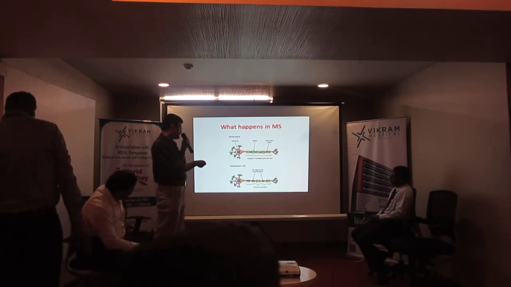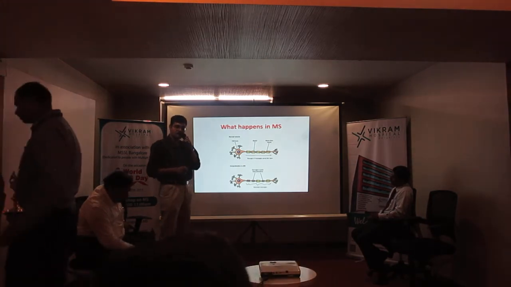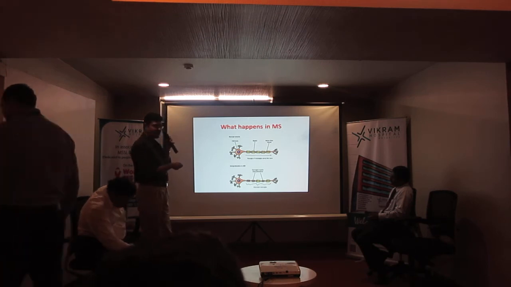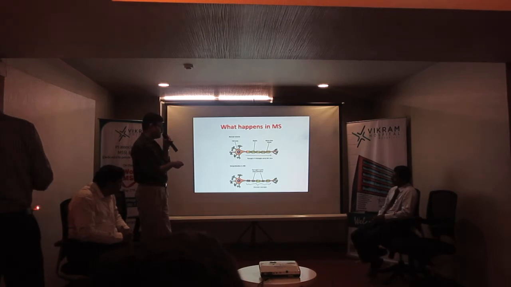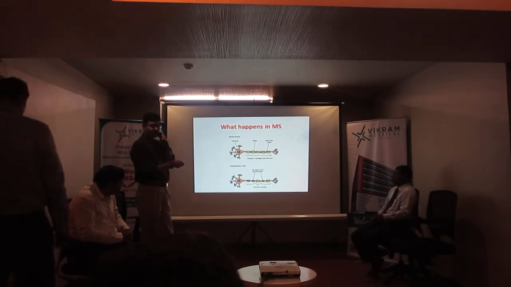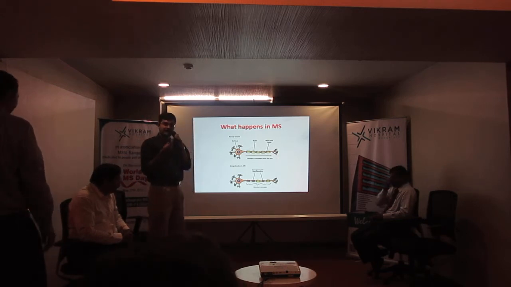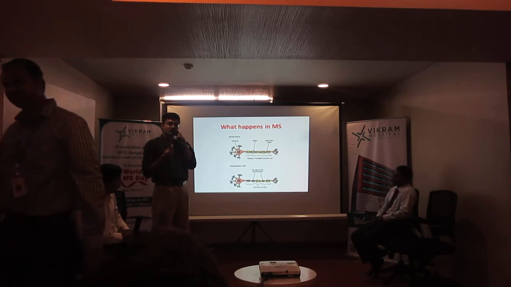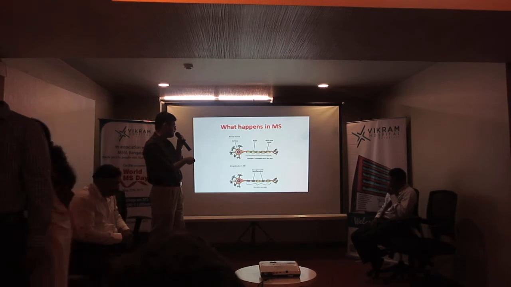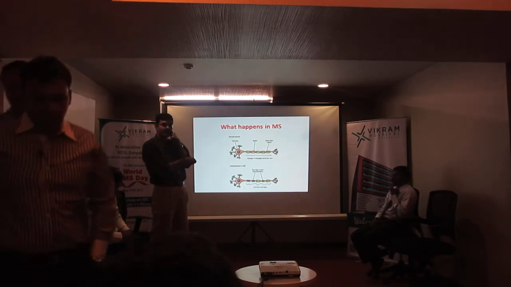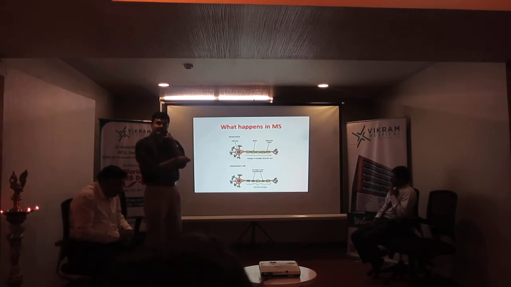Now the axon, as you can see, is covered by this structure called myelin, and this is the structure that's involved in MS. Myelin is basically a fat-containing structure, and the essential purpose of myelin is to provide insulation. It's basically like a copper electrical wire which is covered with plastic or rubber for insulation. The role of the myelin is that it increases the speed of conduction of electrical impulses across the nerve manyfold, almost by about 10 times.